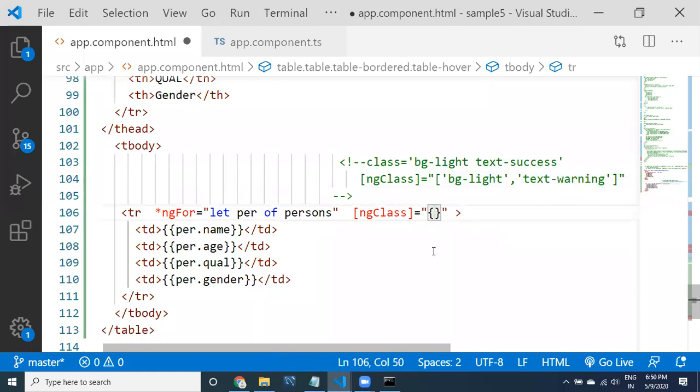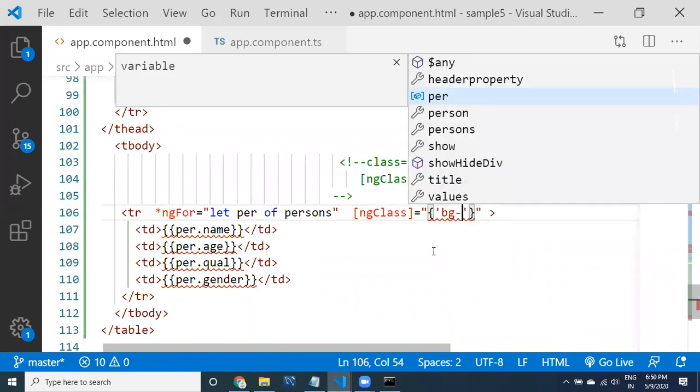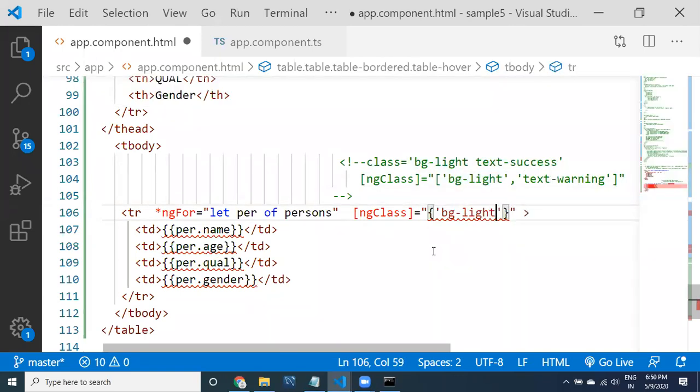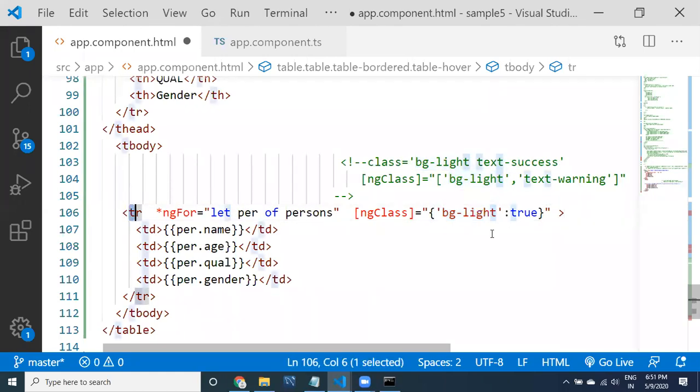See here, guys, the third way is, here in the JSON code, I'm going to take the class bg-light as the key, right? And as a value, I would like to provide true, meaning you are applying this class to this particular TR.